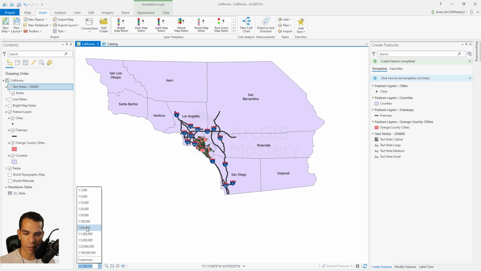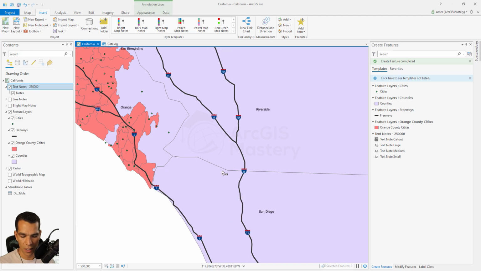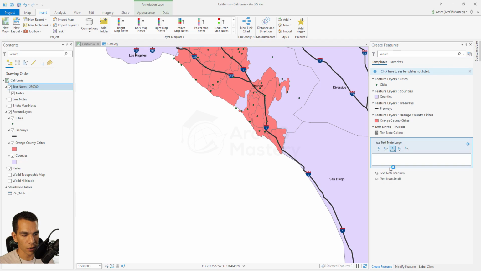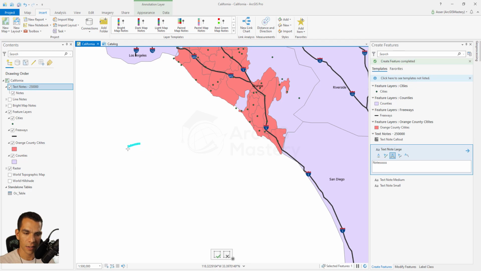So let's go for example to the 500, and here you can start adding your notes by going to the create features, and you can choose create a call out, create large or medium or small note. So let's choose the large one, and here we will enter our text, let's say notes, and here you choose how you want to draw your notes. So you can draw it as curved,